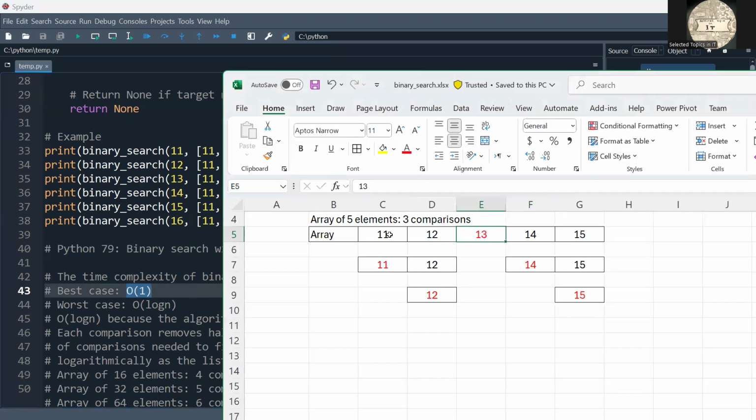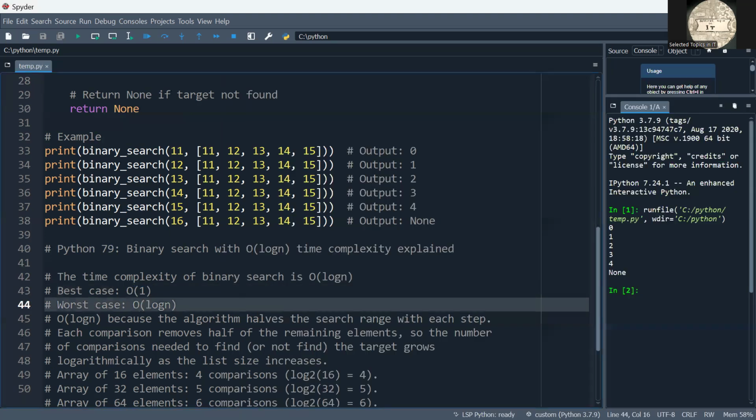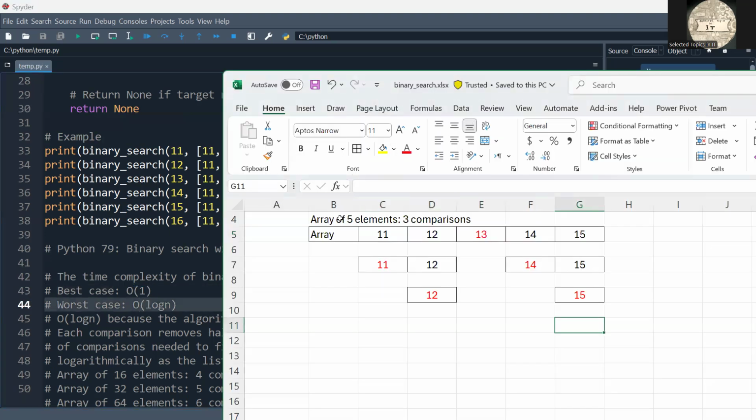So we saw that when we were searching for 11, we only needed 2 comparisons, whereas when we searched for 12, we needed 3 comparisons. When we searched for number 14, we needed 2. And when we searched for 15, it's 3 comparisons. And if we're searching for, say, a number that's not in the list, like 16, it also takes 3 comparisons. And that's the worst case for this particular example of an array of 5 elements, where the maximum number of